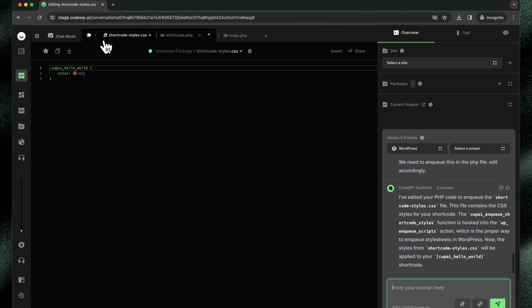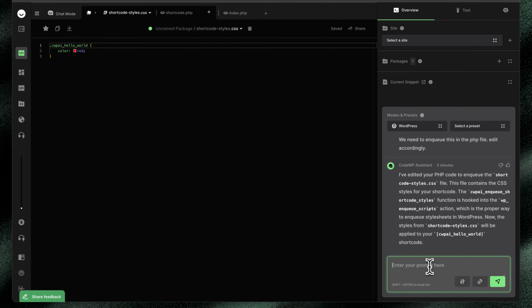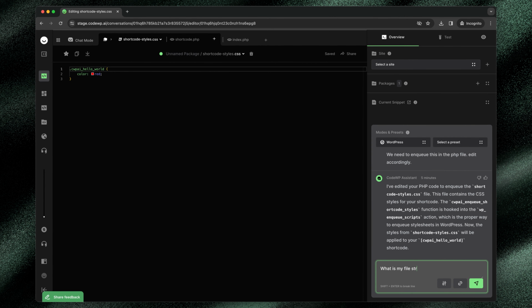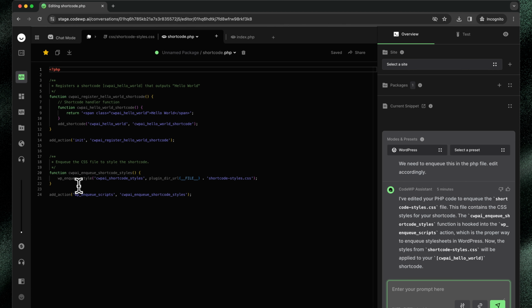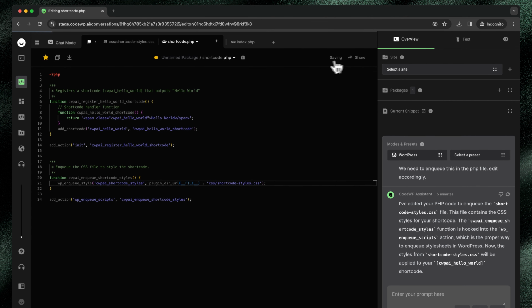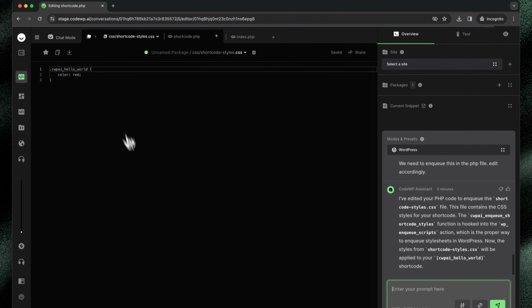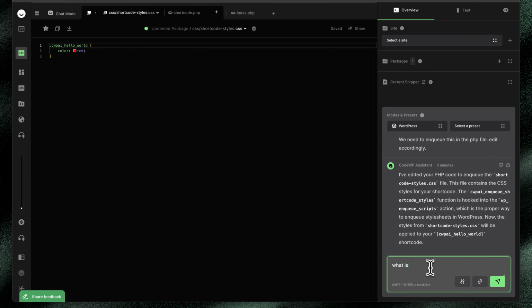So if I have this package open, it understands what is my file, what is my file structure of this package, and I'll make it a little more confusing by adding a CSS folder prefix and then going back to the shortcode, modifying this like so. And then jumping back into this file right here, what is my